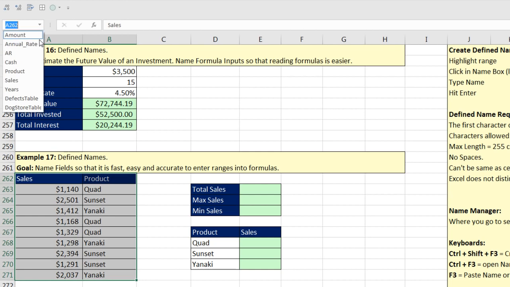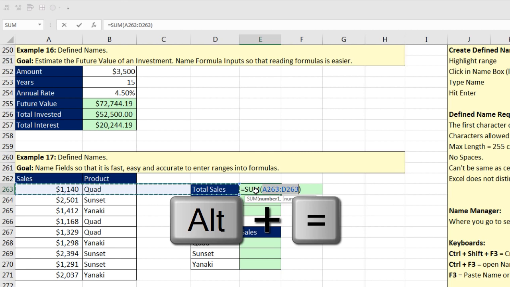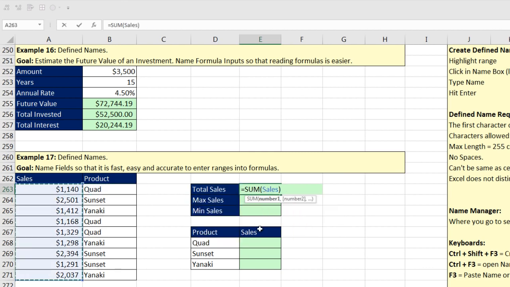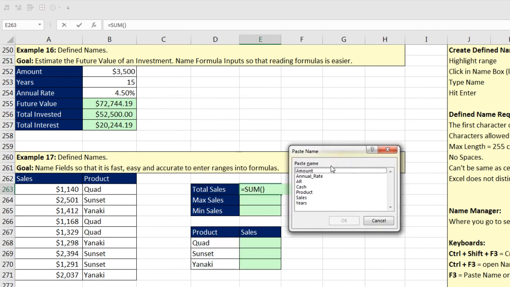from my drop down up here, I have Sales and I have Product. Now I can come over and use this in my formula. Alt equals, and I could come over and highlight. And as we saw before, it puts it in. But I want to show you another trick. Sometimes you're not near the cells, and you're like, man, I forgot what the name is. Well, the keyboard F3 is paste name. And I can look through, and if it prompts my memory, I can then select sales, click OK, and that